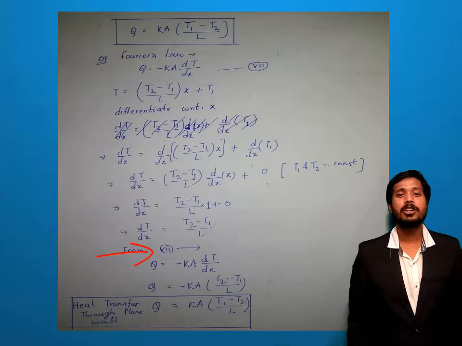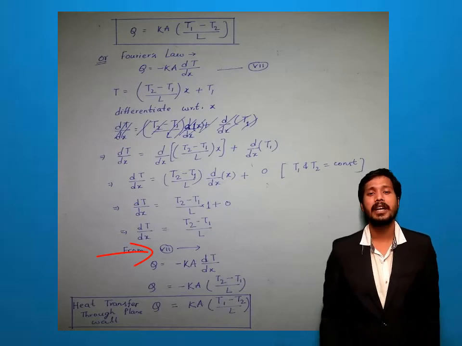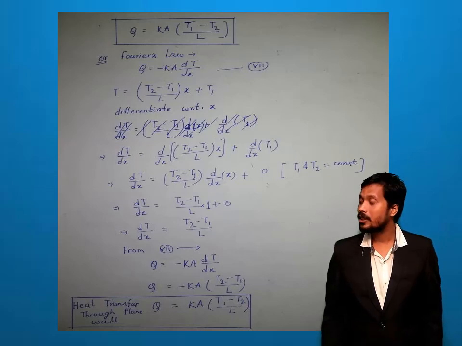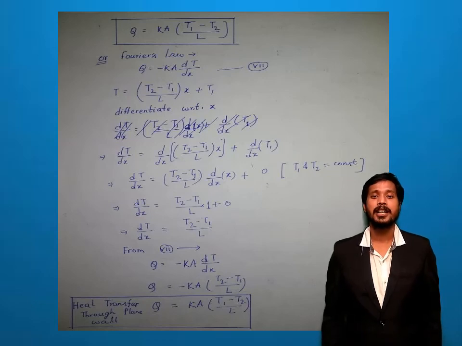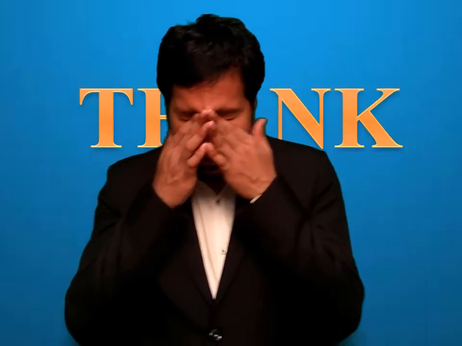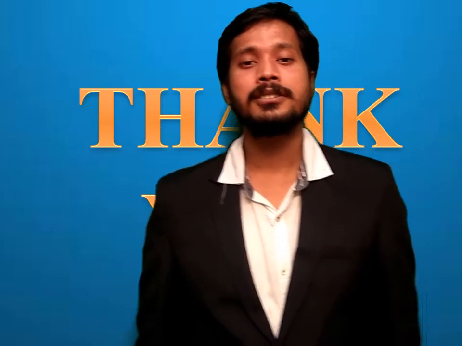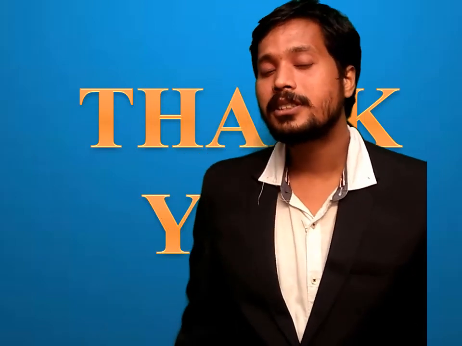So from Fourier's law of heat conduction, I can write Q equals kA (T2 minus T1) by L. Now if we put this minus into the bracket, it becomes Q equals kA (T1 minus T2) by L. So this is the value of heat transfer through a plane wall or slab, one dimensional, no heat generation and steady state. Here I'd like to finish this class. Today we discussed one dimensional steady state, no heat generation, heat transfer through a single slab, and the formula for this is Q equals kA (T1 minus T2) by L.